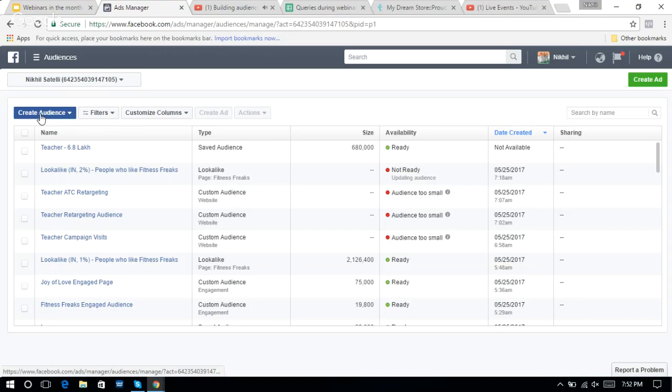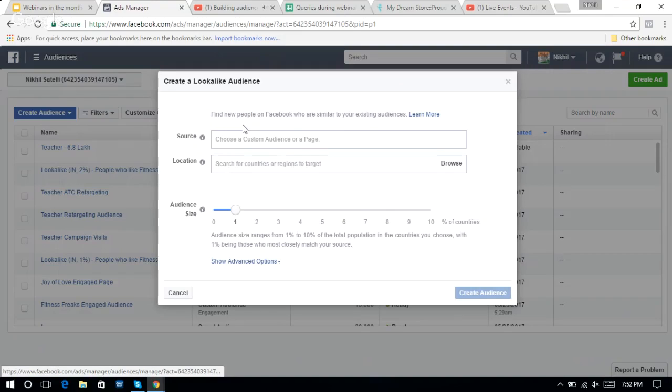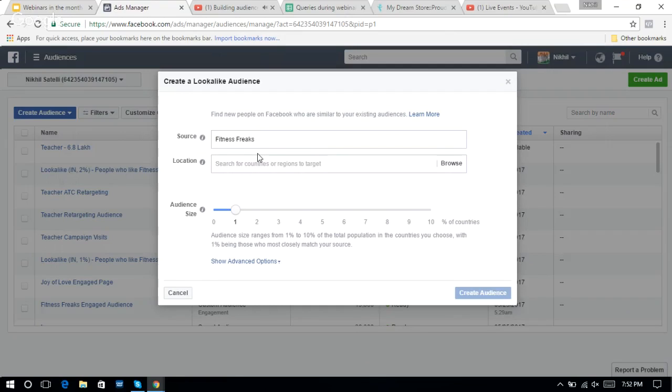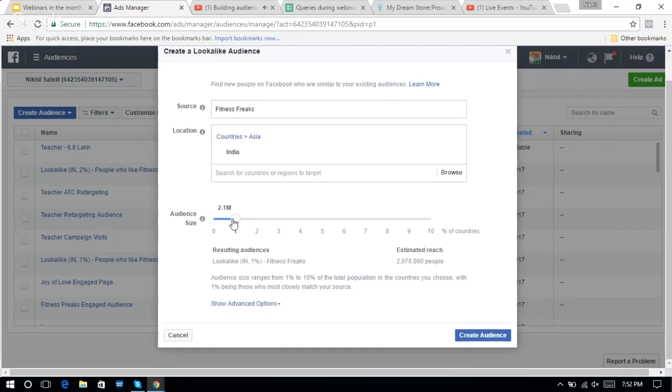Now for our lookalike audience, the source will be the same, Fitness Freaks, and the location I'll choose is India. What I want to do is create a lookalike audience from 0 to 3%. This comes to 6.2 million people. This way I can classify those audience sizes. When I click on advanced options,